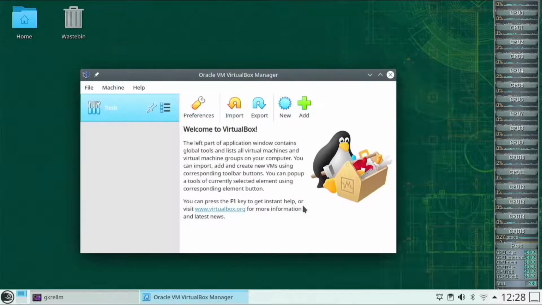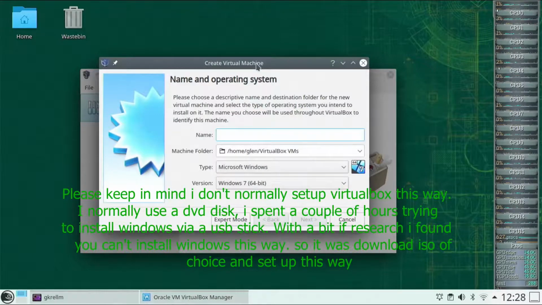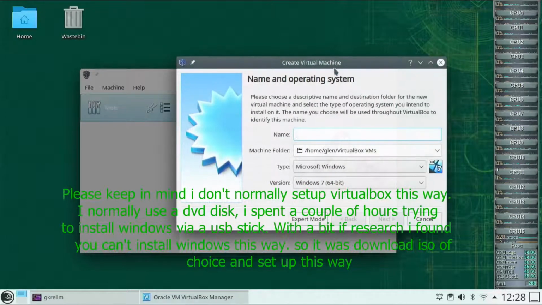Okay, okay. Now we need to make a virtual machine, name it Win 10